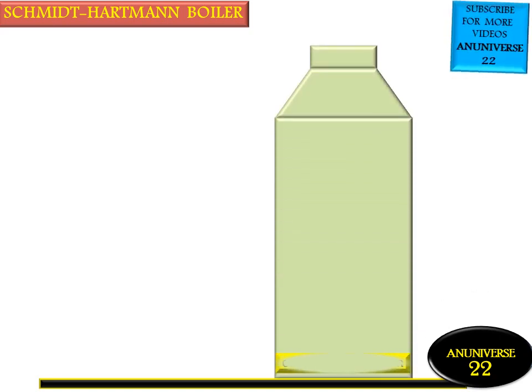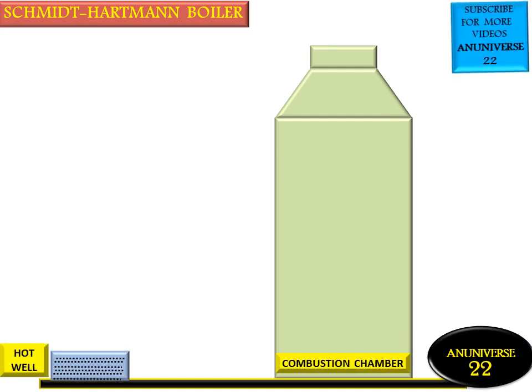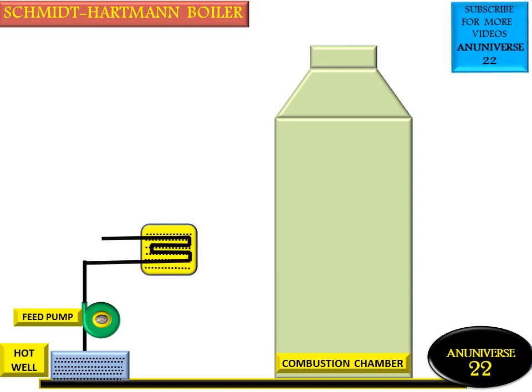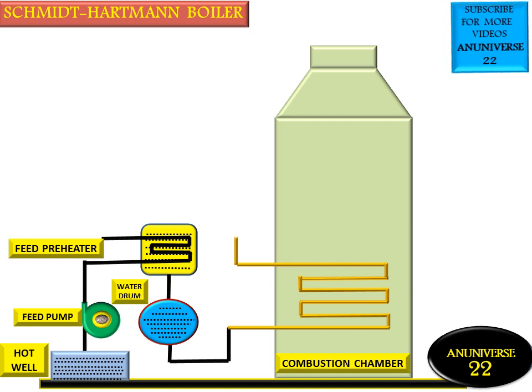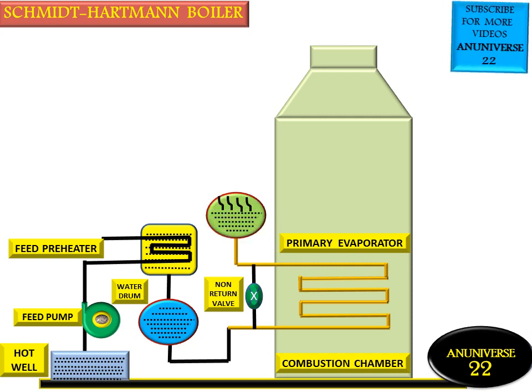Firstly, we will learn about the main components of the Siemens-Hartmann boiler. This is the combustion chamber, this is the hot valve, feed pump, feed preheater, water drum, this is the primary evaporator, this is the non-return valve,